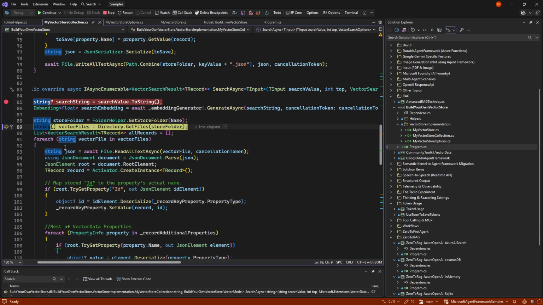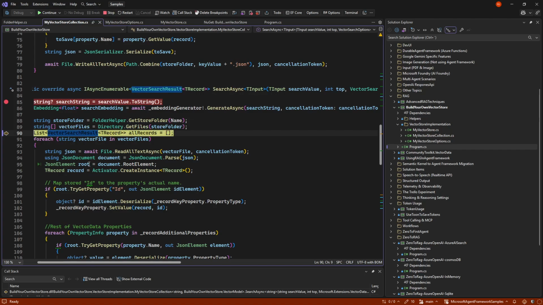Then we go and grab all our files because we don't really have an easy way to figure out which of the ones are most similar. So we need to grab all records. That's inefficient, of course. If we had something that could search against an engine that could do similarity searches like a SQL Server can do, it would be more efficient.